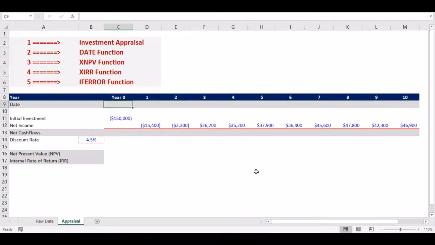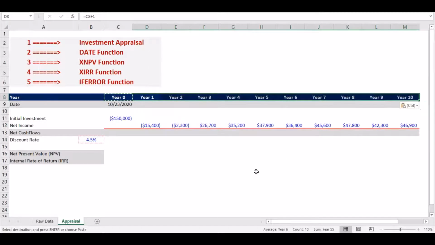Now we need to calculate the date by using the DATE function. For the year 0, we have to calculate as of today's date. For that, we need the TODAY function and close parenthesis, press enter. Alright, we skipped some formatting over here. Let's copy, Control C, Alt E S T. There you go. Alright, so for the DATE function, we will start from year 1, press equal, DATE, open